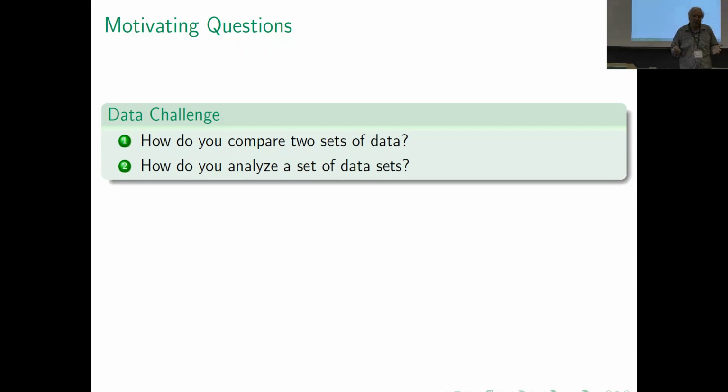Well, the Grassmannian framework doesn't make sense anymore because the distances are all 0. You can say, well, I'll transpose them, but then I'm changing the way I'm comparing the data. So what we're going to do is show that there's a neat idea where the Grassmannian ceases to be the correct framework. The flag manifold actually is here to the rescue. And we were really excited about some of the results we were able to get. So I'm interested in how you compare two data sets and how you analyze a set of data sets.